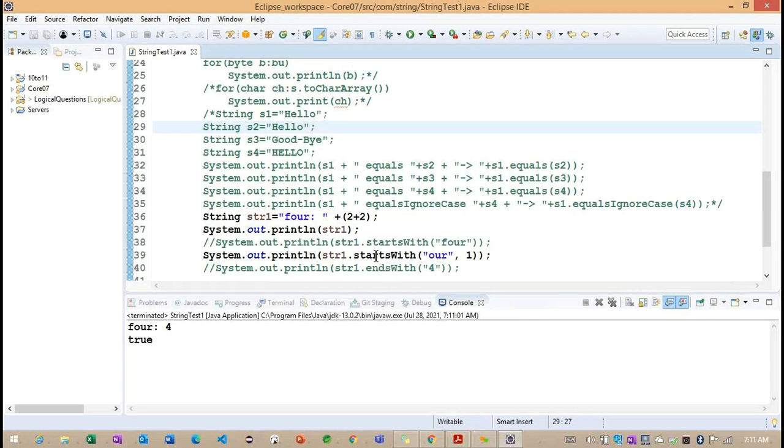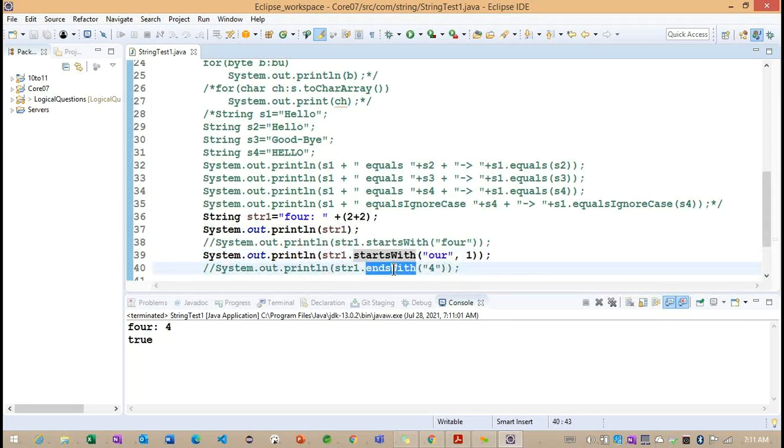So this is very important, we need to understand the start with method. It takes, other than the string parameter, one more method along with the string parameter and one int parameter. So these are the two overloaded methods we are having in our string class.